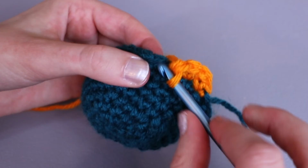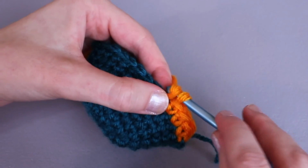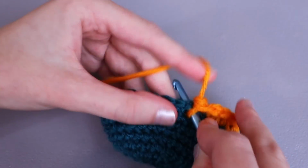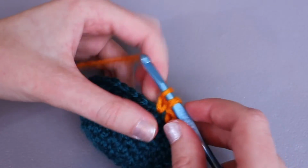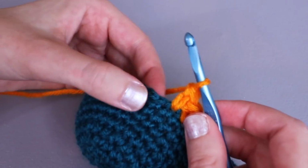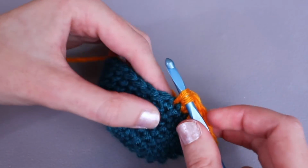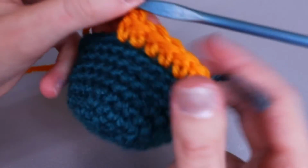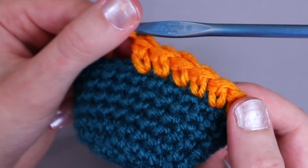So I'll work a few more. Insert your hook, yarn over, pull through 1, yarn over, pull through 1, yarn over, pull through 2. Again, insert your hook, yarn over, pull through 1, yarn over, pull through 1, yarn over, pull through 2. One more time, insert your hook, yarn over, pull through 1, yarn over, pull through 1, and yarn over, pull through 2. So they're a little bit taller than normal single crochet, and they don't look a ton different, but